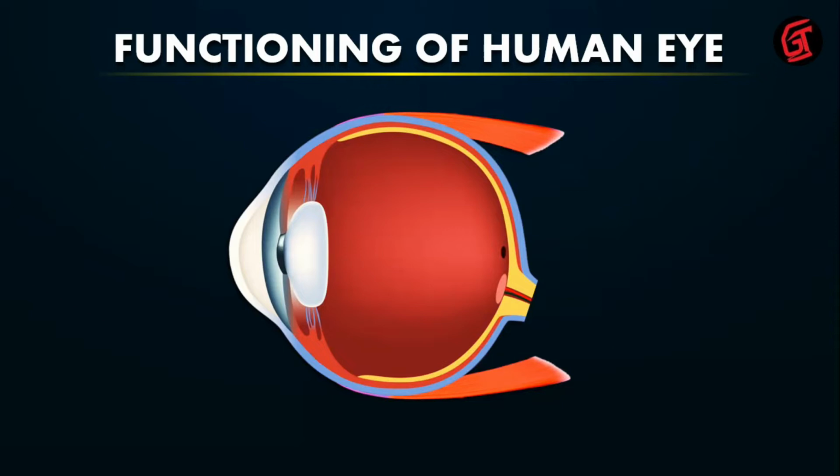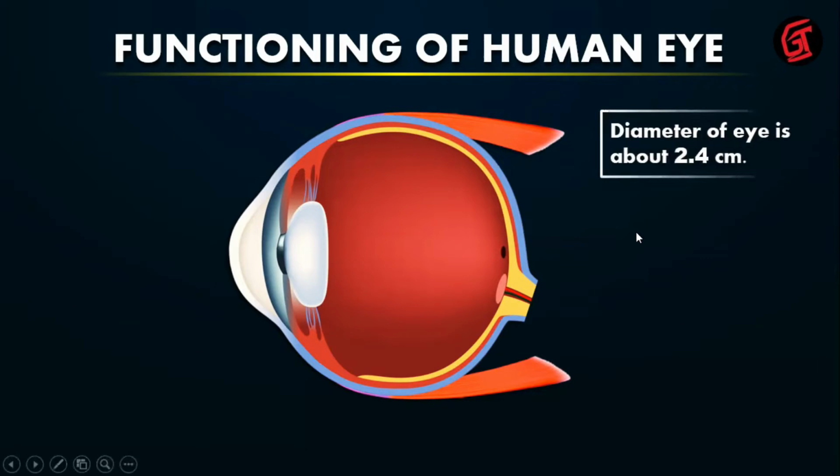But there are many among us, maybe our grandparents, parents, friends, relatives, brother, sister, who have to wear spectacles, who cannot see clearly, who cannot see nearby objects clearly, who cannot see far off objects clearly. So we'll get detailed information about all this and what these defects are called. So how does the human eye function?